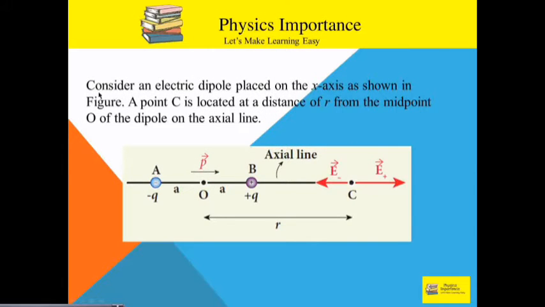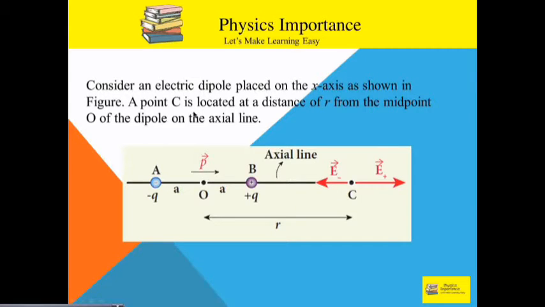So here we have to consider an electric dipole placed on the x-axis. Here we must know what an electric dipole is. An electric dipole means one negative charge and one positive charge separated by a particular distance. And see here, the dipole is placed on the x-axis. We know it is the x-axis, isn't it? So here the electric dipole, that is minus q and plus q separated by a distance, is placed on the